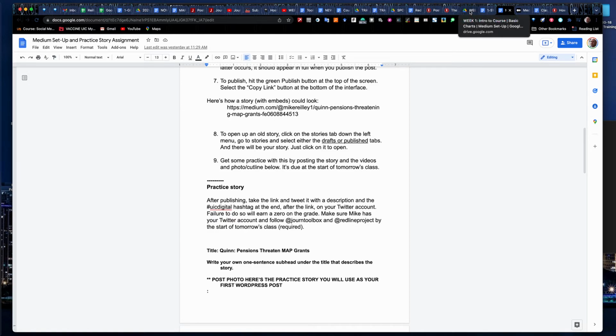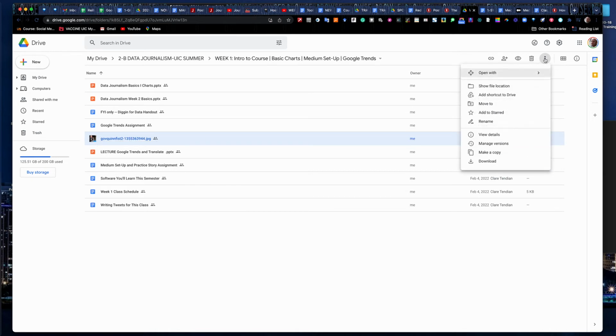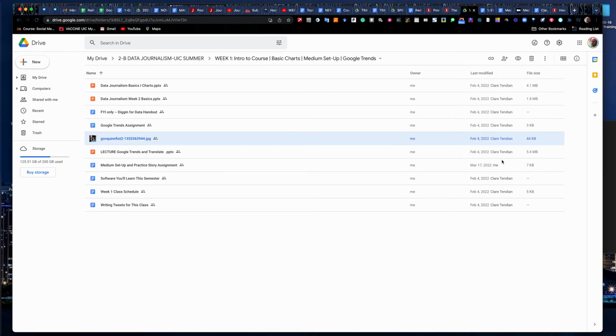So if you go back to your Google Drive and you see in the week one folder, there's a photo here of Governor Quinn. You want to download this. So just highlight it, and to download it, you just go to these three little dots and hit the download button. And the photo will download either to your desktop or your downloads folder, wherever you send your downloads. And what I want you to do now is hit pause on this video and go ahead and set up